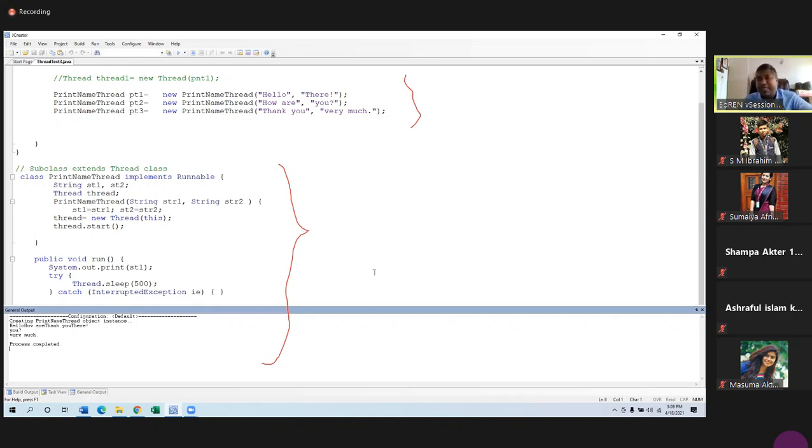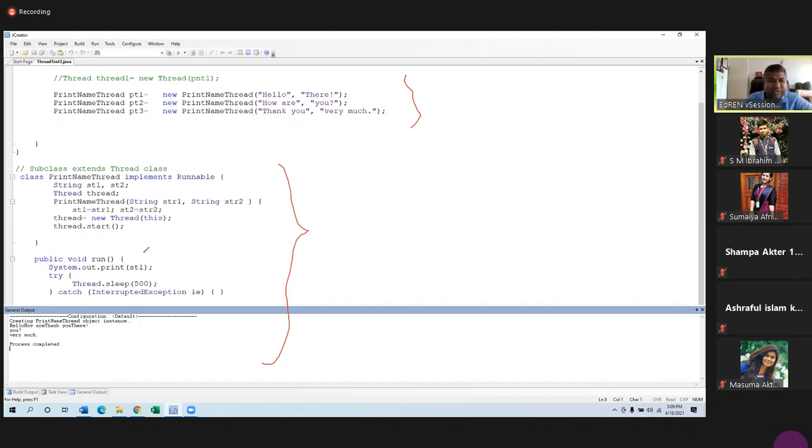Now we want to make this one synchronized. Synchronized means what? Synchronized means that if anyone will come, we don't know who will come, because who will start first, we don't know. This one depends on the scheduler. So let's say the first one will execute first, or let's say the third one will execute first. So the third one will